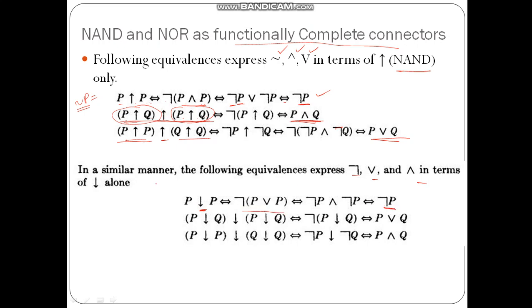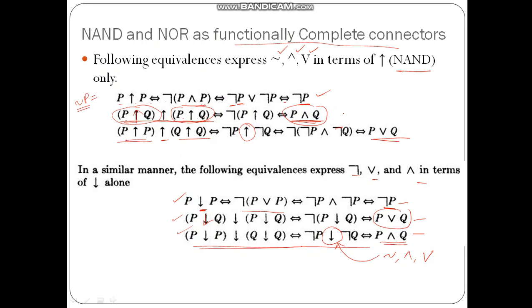If you want to represent the NOR operation now for not P, P or Q and P and Q, you can do that by using these three formulas. In these three ways, wherever here it is NAND, now here it is NOR, and it is representing P or Q, whereas here it is representing P and Q. So in this way, any formula can be interchanged in terms of conjunction and disjunction, or if there is any formula which consists of not and or, that can be converted to a formula which consists of NOR operations, or a formula which consists of NAND operations only.